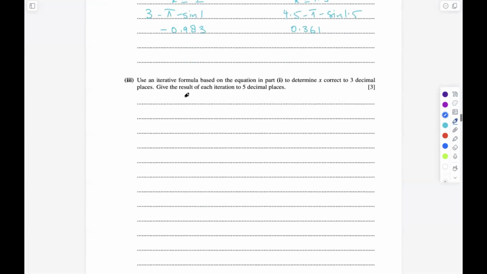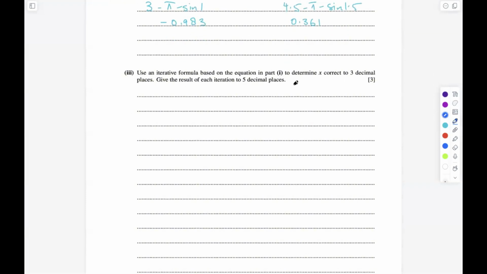In part C, we have to use an iterative formula based on the equation in part A to find the value of x correct to 3 decimal places. We have to give the result of each iteration to 5 decimal places. Now, as we already have the formula, which is x equals 1 upon 3 into pi plus sine of x, and we know that the root lies between 1 and 1.5, we can start off by taking the middle value, which is 1.25. Now, substituting 1.25 in place of x, the first value we get is